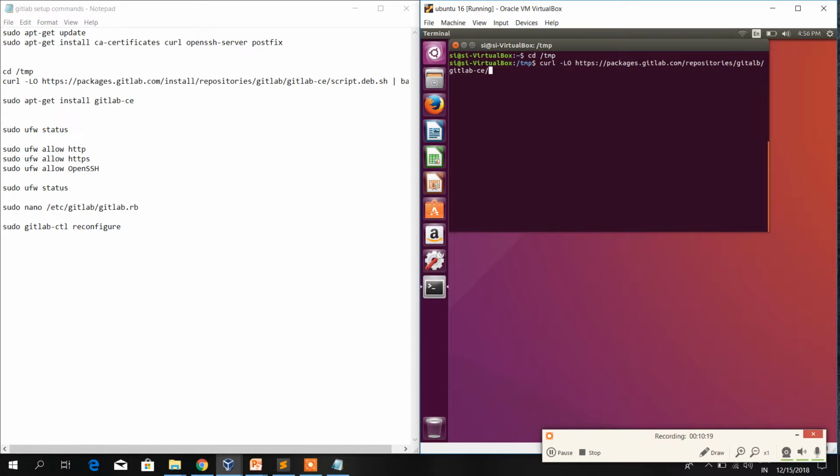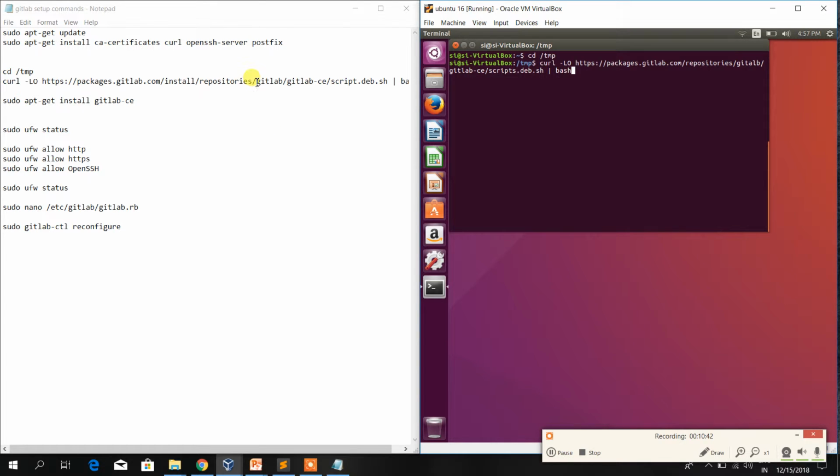There are two editions, one is Enterprise Edition and one is Community Edition. We are working on Community Edition right now. Here is script.deb.sh for Debian, and simply give it this pipe symbol and type bash,